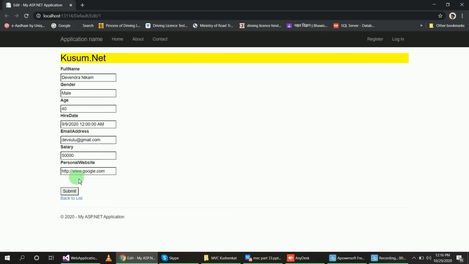Now I can see here this submit button, and I am changing this name. In place of Devendra Nikam, there is Devendra Patel. And age 40 to 45, and in email address, in place of Dev Sulu, I will use Devendra Patel. So now submit the changes,